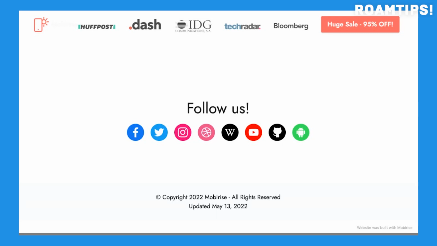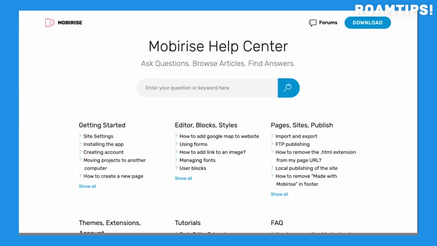While Mobirise offers a free version, premium features and templates are available through paid plans. This freemium model provides a great opportunity to explore the platform's capabilities before committing to a paid subscription. Whether you're a seasoned web developer or just starting out, Mobirise's offline, drag-and-drop approach to web design makes it a powerful tool for creating stunning and functional